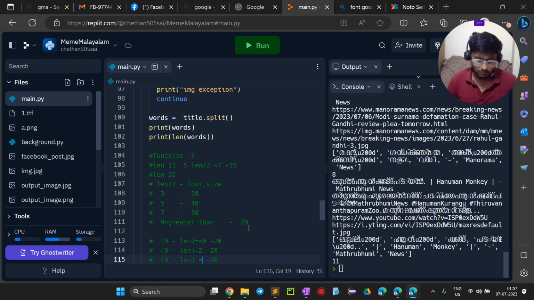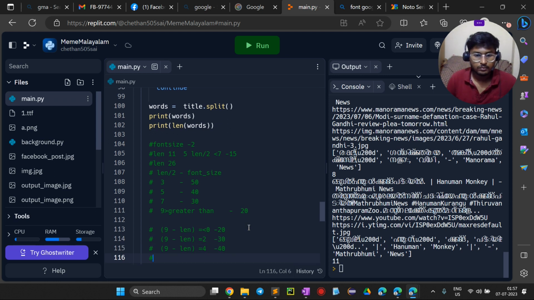And equals to, okay, we figured it out. So 9 minus length, whatever is the value,